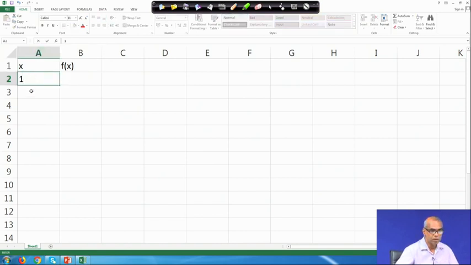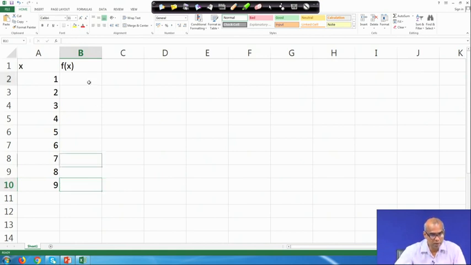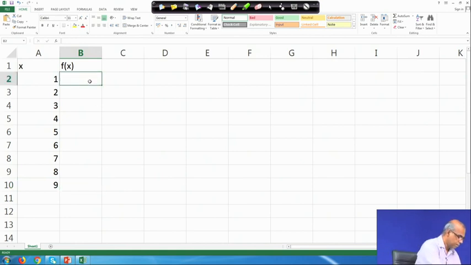So, let me plot for x equal to say 1 to 9, and x square plus 200 by x.